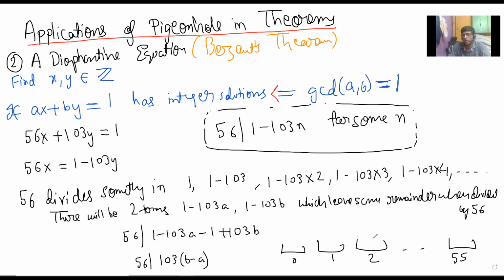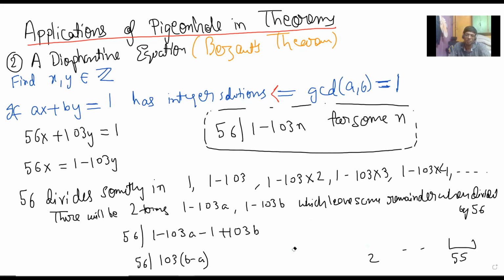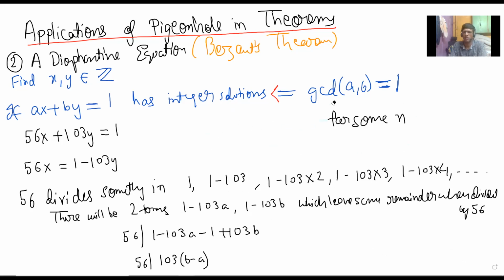But we can say that two of them will fall in the same cage. That's all I'm saying here. What remainder, I'm not able to say. But this does not help us. At least it seems like it doesn't do the job. So then what should we do? What have I not done well here? What can I do better here?